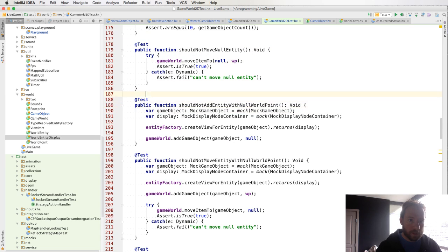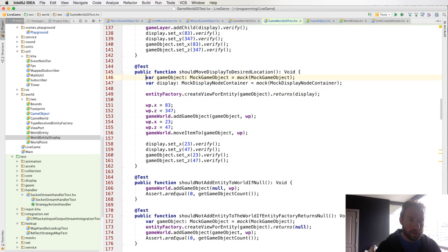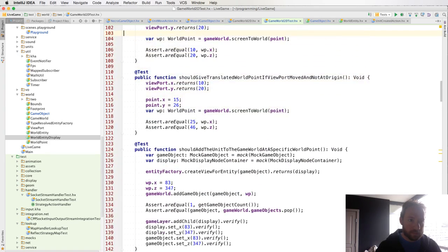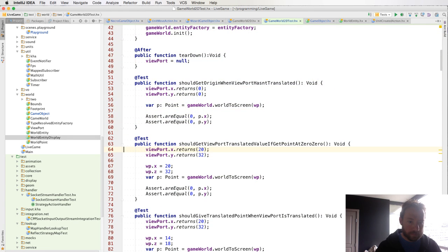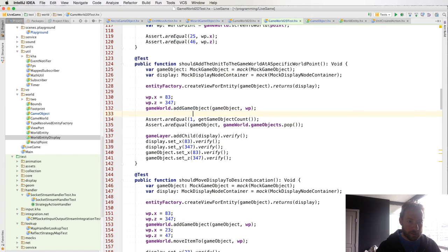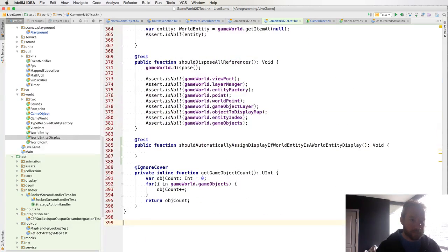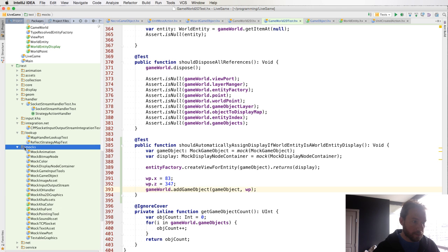Should add entity. I think we're going over here. Should. Nope. It's way at the top. Okay, here we go. Add game object. This is close enough. Okay. Add game object. And what we're going to need is we're going to need a, yeah, okay. So where is our mocks? Mocks. Okay. Here we're going to create a